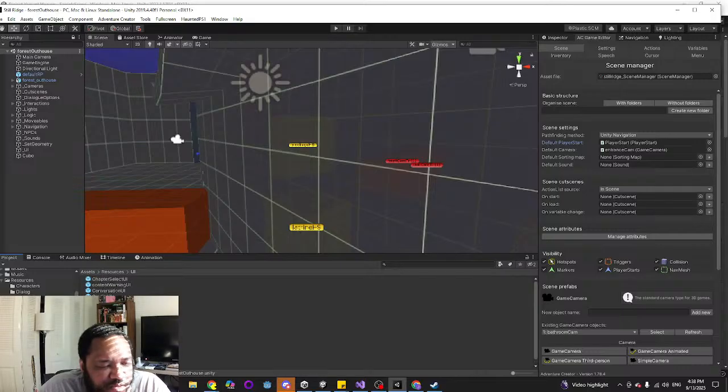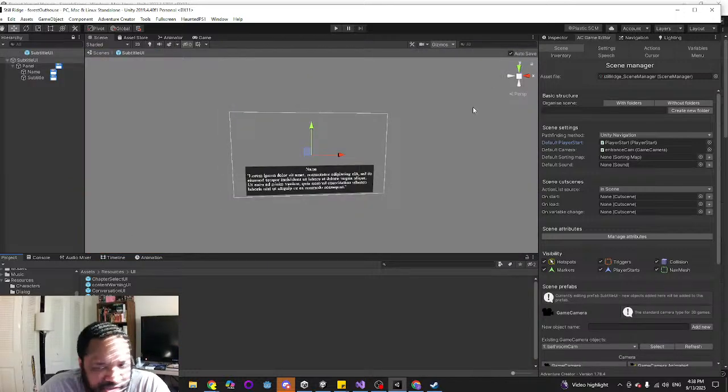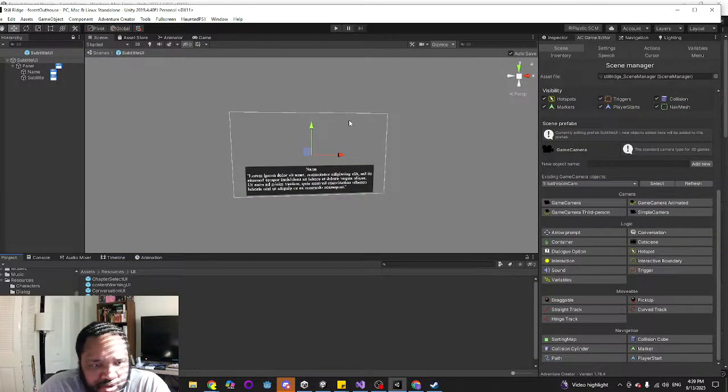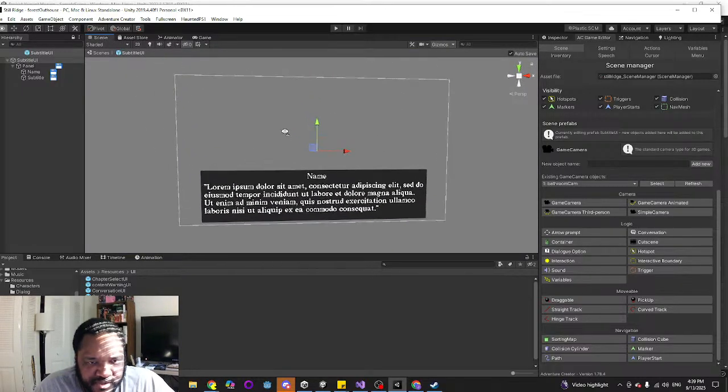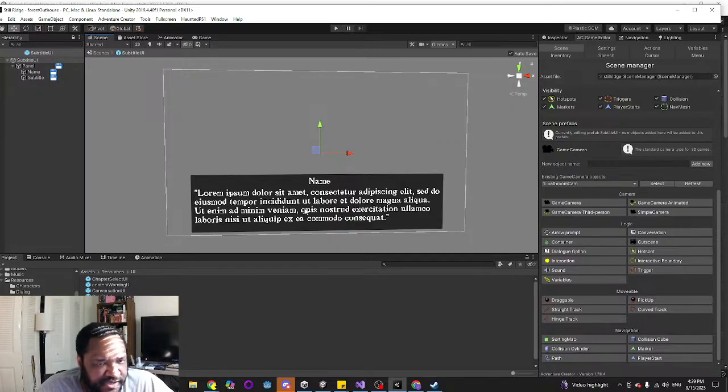The lower your target resolution, the larger you want your UI objects to be. In this case, this is my subtitle UI. This plays whenever dialogue is on the screen, and as you can see, it takes up like a third of the screen.